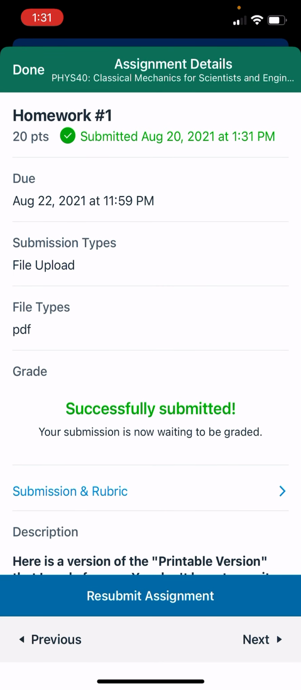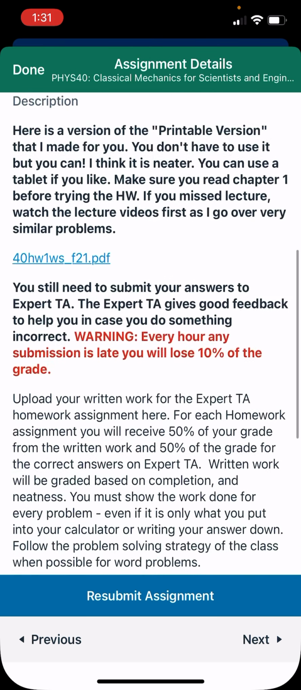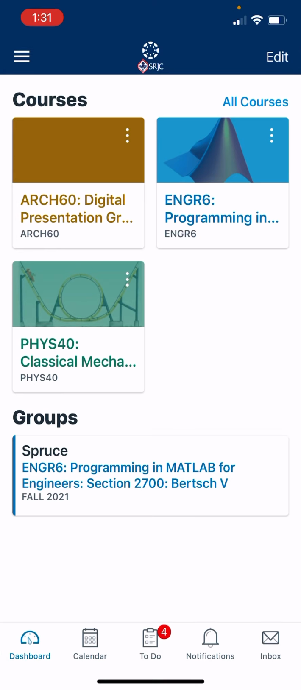If you need to resubmit for any reason, I think you can just do it straight back there from the Notes, because that's actually what I just did. But I believe that